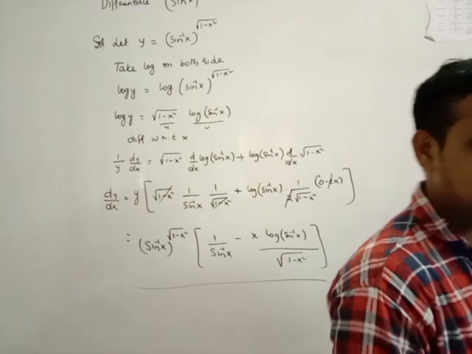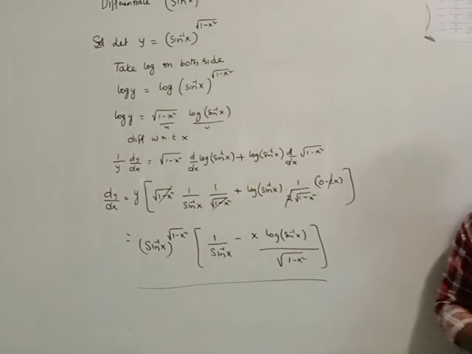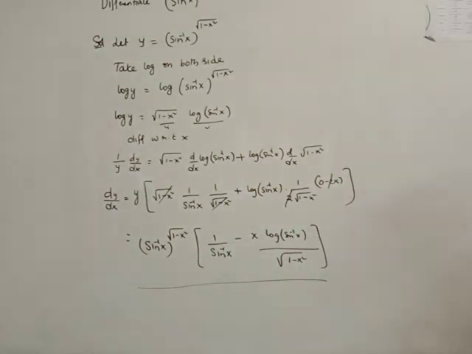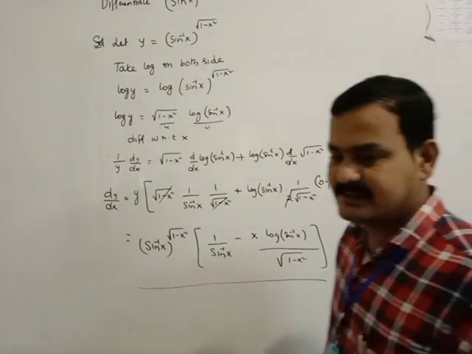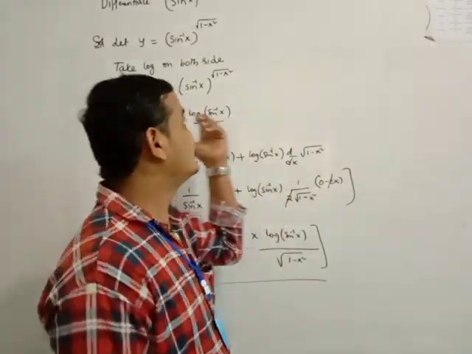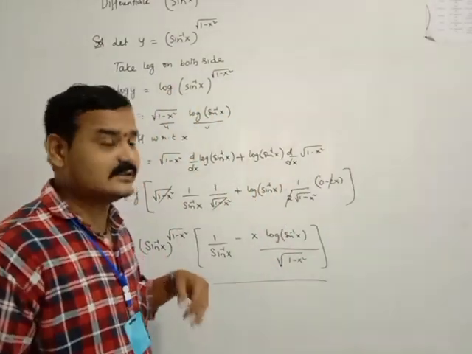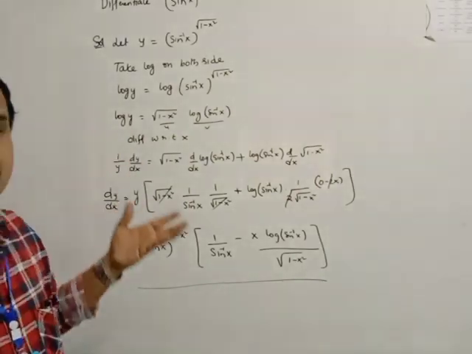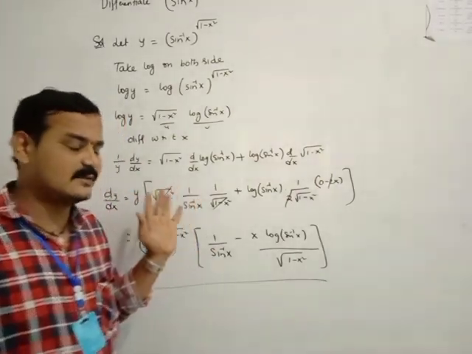So this is the first way, type 1, when the problem is in the form of function to the power of function. Okay. In some textbooks and different sources, it is explained in another method also. Without taking the log, they apply e to the power of something. That also I will be explaining now.